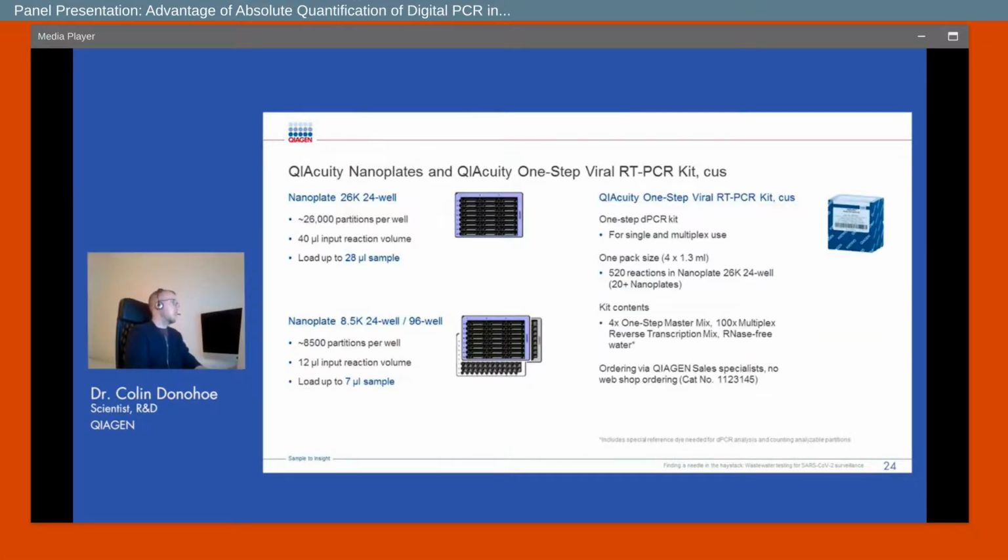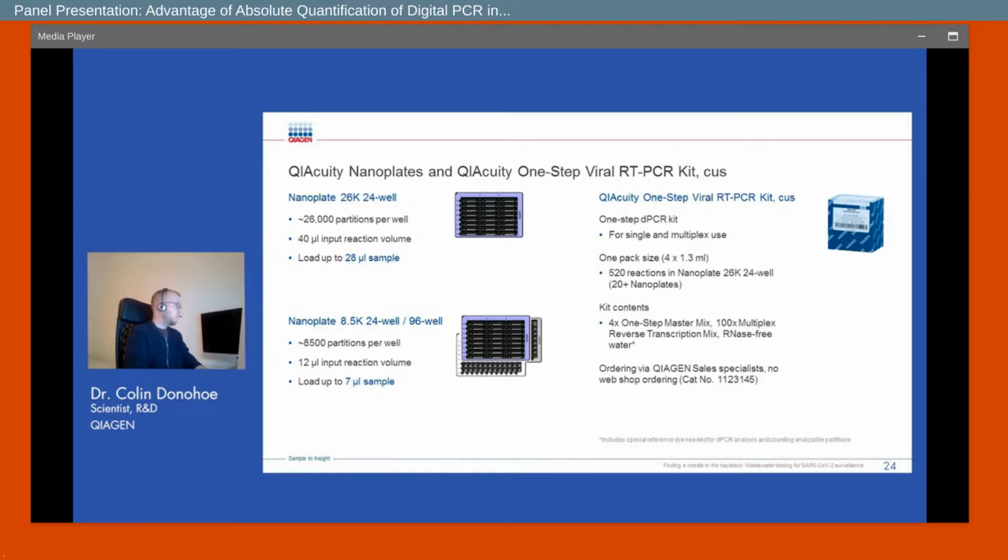On this slide, we have the consumables from QIAGEN, which you can use to detect SARS-CoV-2 in wastewater. As mentioned before, QIAGEN offers nanoplates in a variety of formats. 26K nanoplates contain 26,000 partitions per well, allowing users to load up to 28 microliters of sample per 40 microliter reaction. Alternatively, users can opt for the lower resolution 8.5K nanoplate, which comes in 2 formats, 24 well and 96